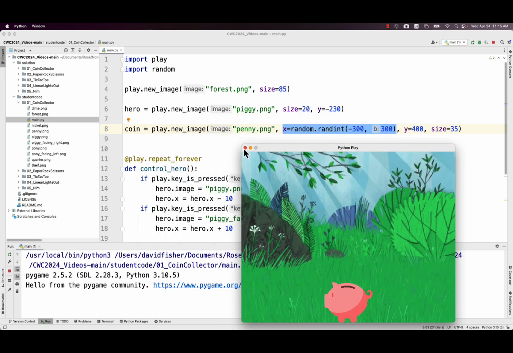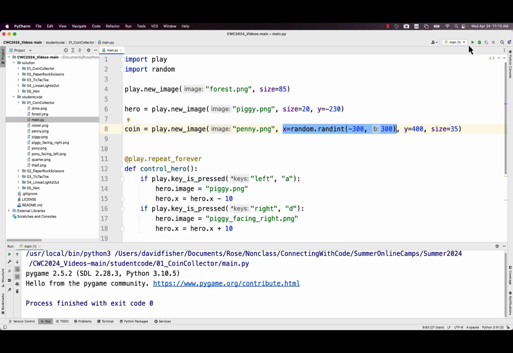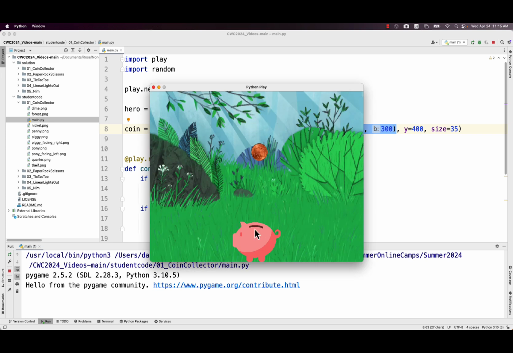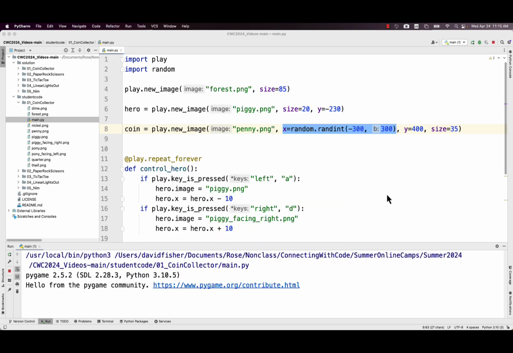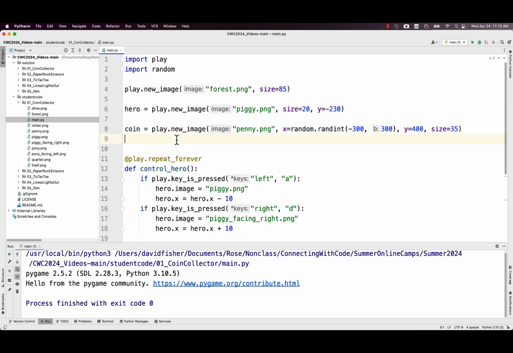So I ran it that time. You can see it landed right around my tail. Run it again. You can see it landed pretty close to my tail. It moved a little. Run it again. Please be more different. There it went basically right into my belly. Run it again. Man, it seems to like to always be in that range. I would have expected it to be a much bigger range. There we go. Finally got one to be a little different. Hopefully yours is not always just landing on your tail. Cool, so this is a single coin, which is good. It's always a penny, and it does fall.